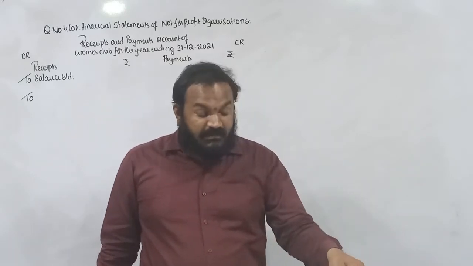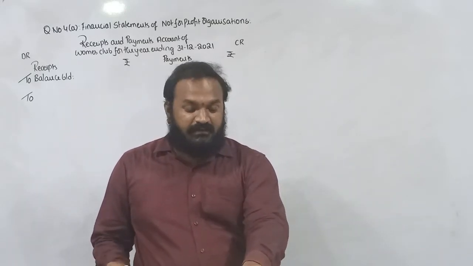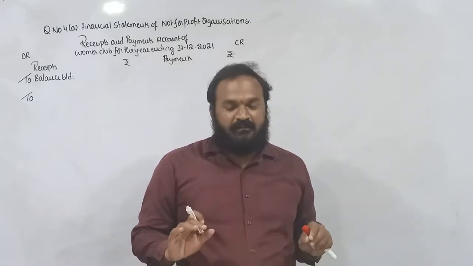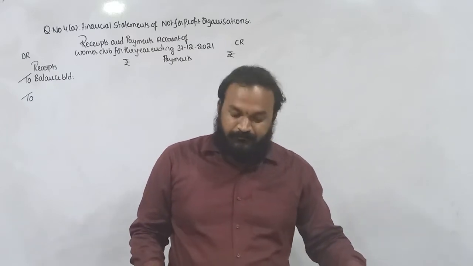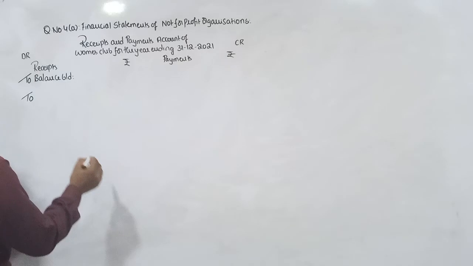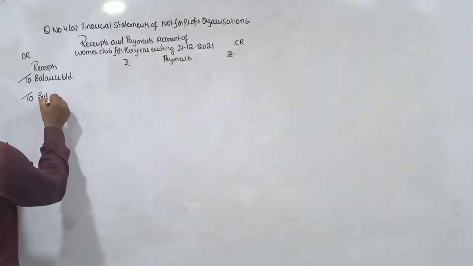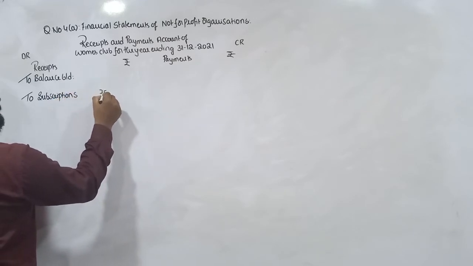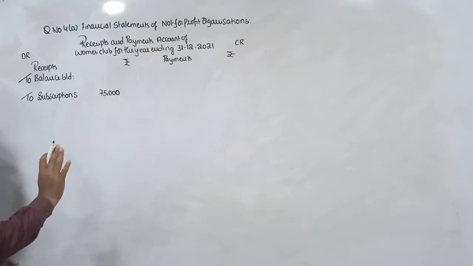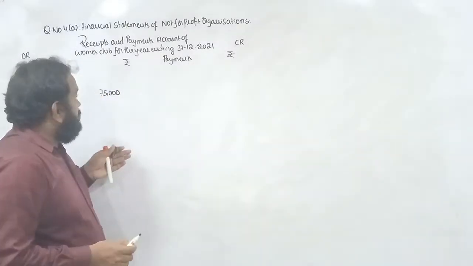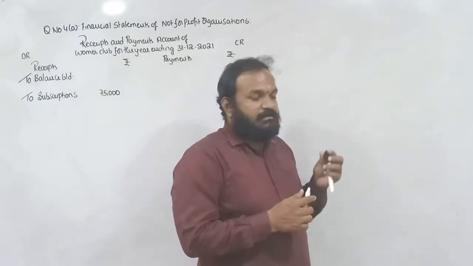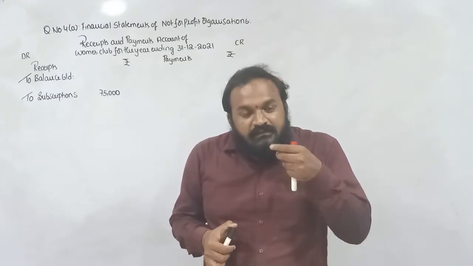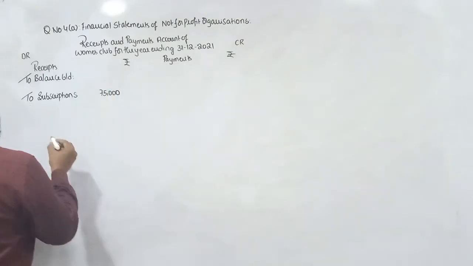Tell me how much amount is credited to income and expenditure account with the name of subscriptions: 75,000. Everyone clear? Everyone, right? To subscriptions. How much amount is credited to income and expenditure account? 75,000. మనం receipts and payments account నుంచి income and expenditure account కి వెళ్ళేటప్పుడు ఓపెనింగ్ రిసీవబుల్ ఏం చేస్తాం? లెస్ చేస్తాం. ఇక్కడ ఏం చేయాలి? యాడ్. రైట్? యాడ్